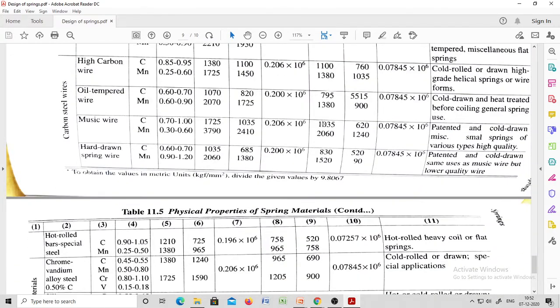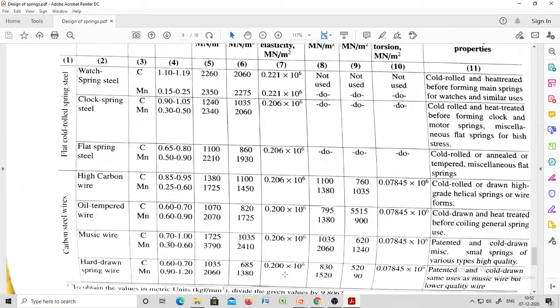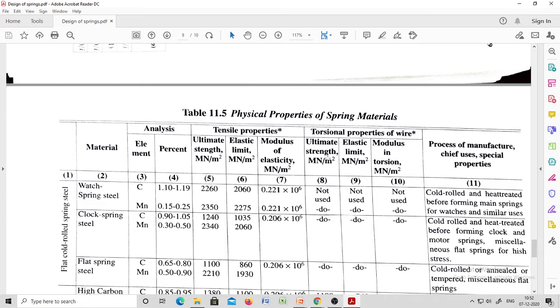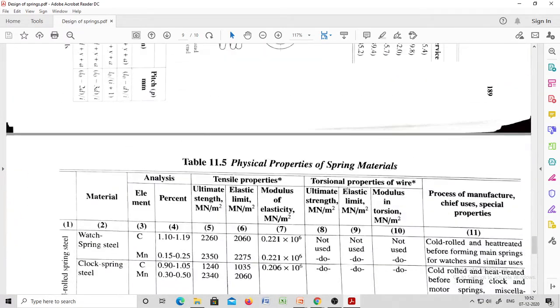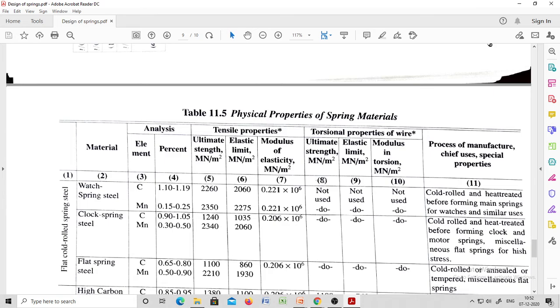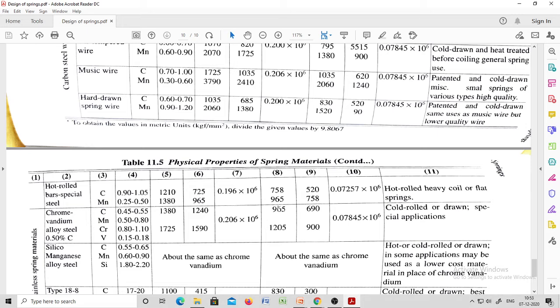We'll go for torsion, the torsional properties of a wire, ultimate strength. Okay. Here, this is column number 8, right? Now just look, in column number 8, it is 965 here. Okay. 965.